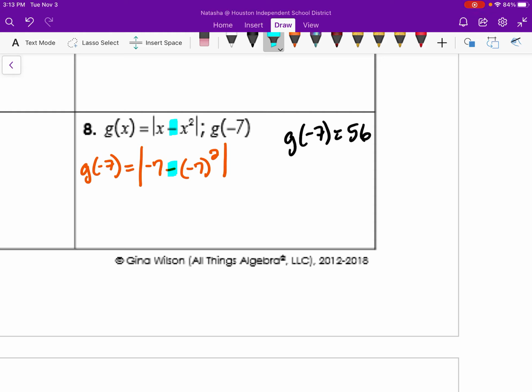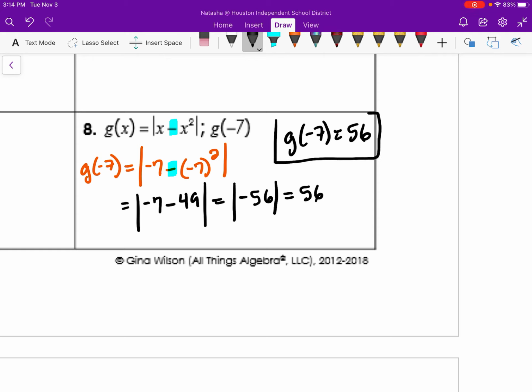That means that negative doesn't belong to that exponent squared, okay? So that's all going to stay when I rewrite this. So this would be absolute value, -7 minus. Now I'm going to evaluate -7 squared. -7 squared is +49. Now, since that negative was there, it becomes -49. This is then going to be equal to the absolute value of -56. Absolute value means that we're looking at the absolute distance, which gives me 56, a positive value, which is what we got on the